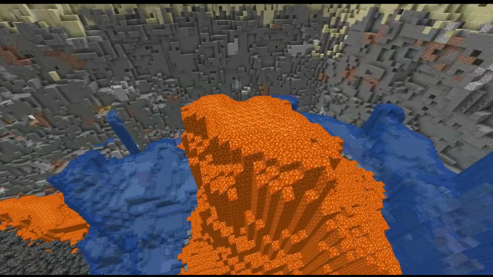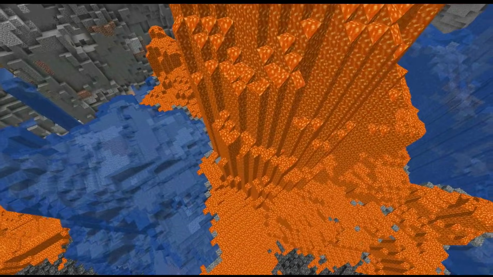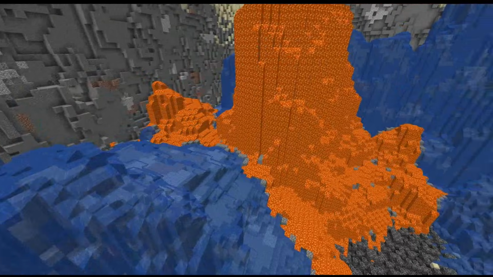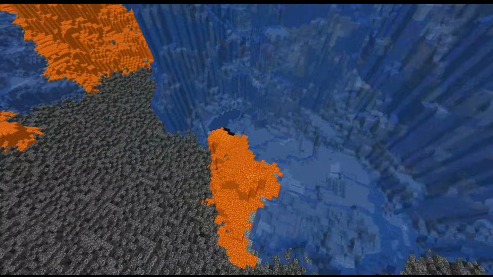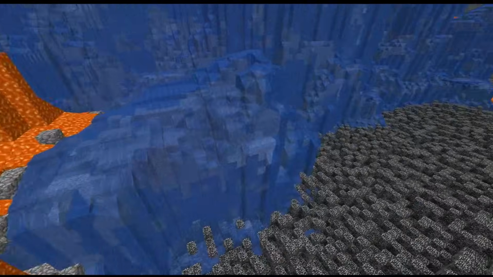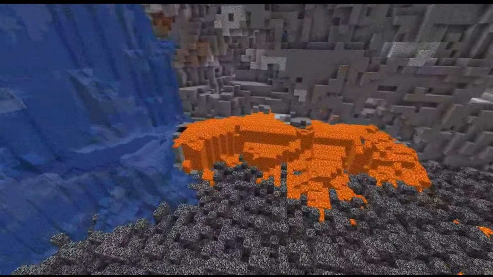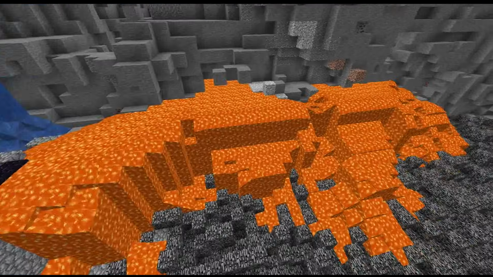Also see, this was a lava lake that was up high and how it kind of drizzled down on top of everything. So any of these lakes that are not at the very bottom, you should definitely take the time to remove them as you see them. The very lower lakes, you could leave them in and take them out at the very end. This is what they typically look like if you leave those in, way down low at